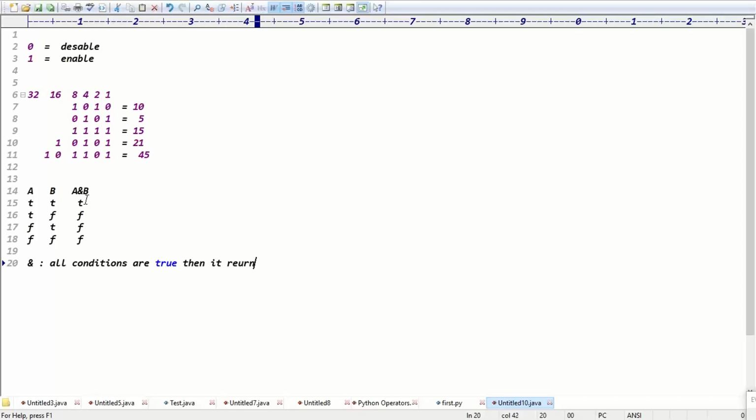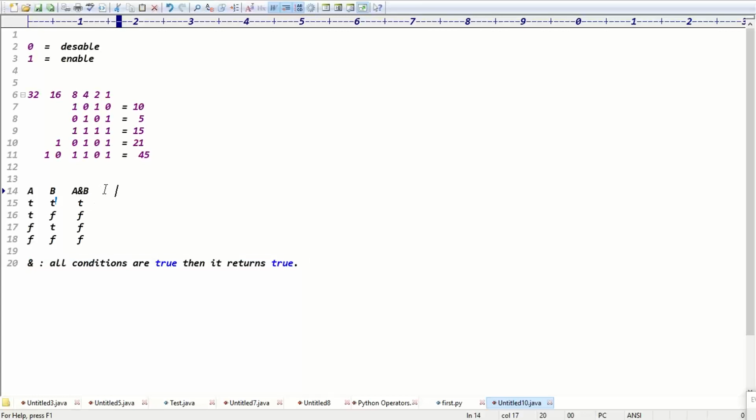That's the first point. So AND means you check whether all are true or not. All are true means true, otherwise it is false, right? Guys, like this you have to remember the point. AND means all conditions are true, then it returns true.